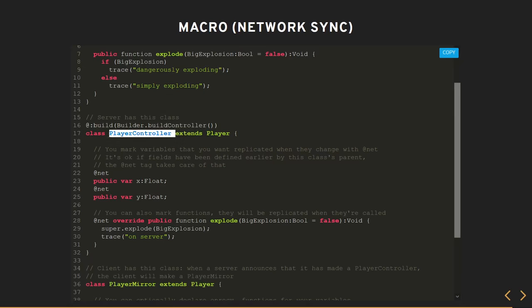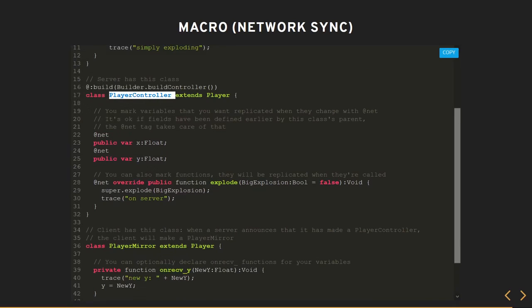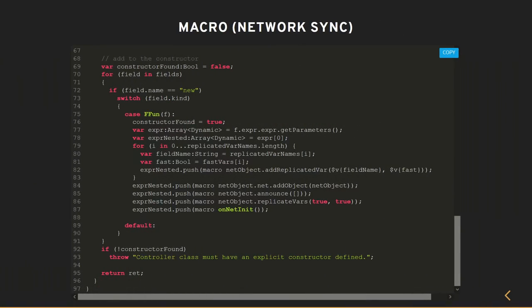In player controller, for example, we're only using the default constructor. But thanks to build controller, the default constructor is going to have all of these lines of code that manage the network side.